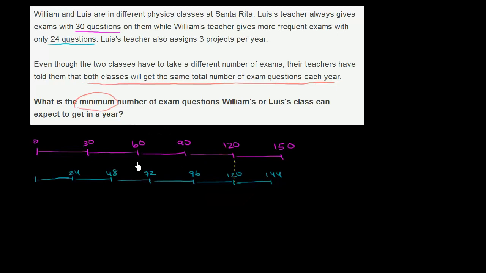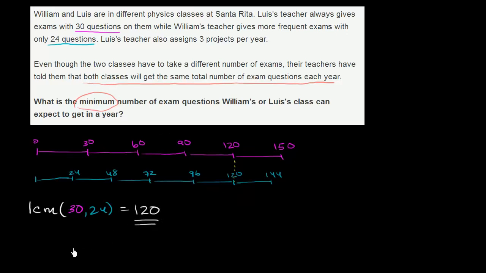And notice, they had a different number of exams. Luis had 1, 2, 3, 4 exams, while William would have to have 1, 2, 3, 4, 5 exams. But that gets them both to 120 total questions. Now, thinking of it in terms of the least common multiple notation we've seen before, this is really asking us, what is the least common multiple of 30 and 24, and that least common multiple is equal to